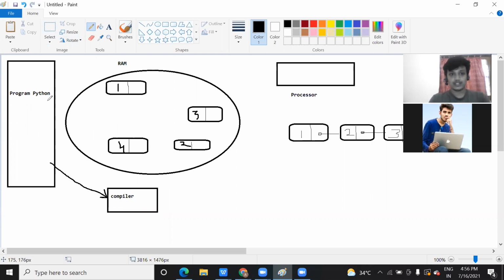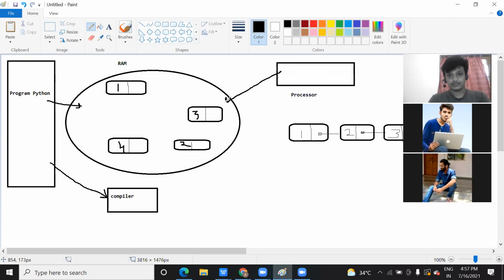Once it is assigned to the RAM memory, it will be compiled, and once you compile it, the processor will start working on this.